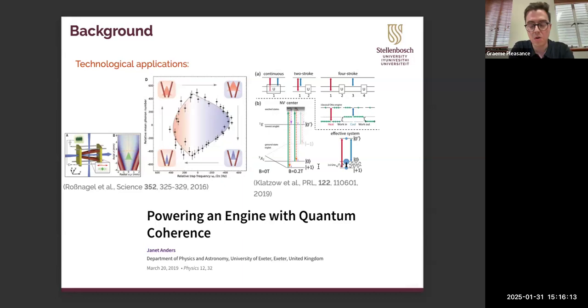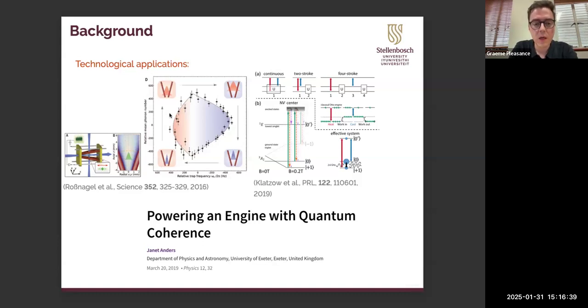Most of the work in this field so far has been theoretical, although there has been some very interesting experimental work that's more of a proof of principle of this area. Not to go into too much technical detail, but two examples of this that I wanted to highlight: the first was work that was done in roughly 2015, 2016, so about 10 years ago,